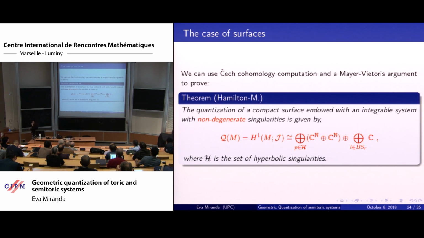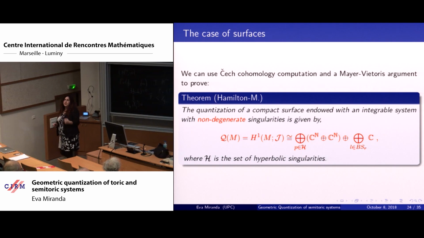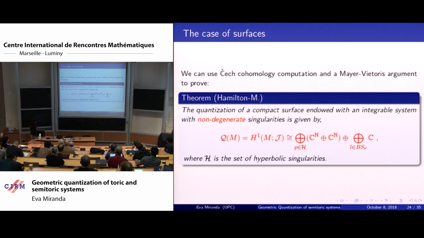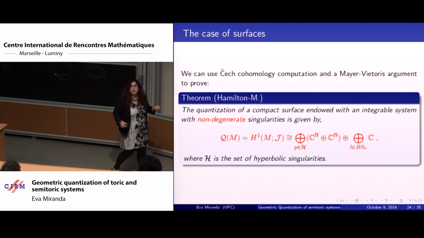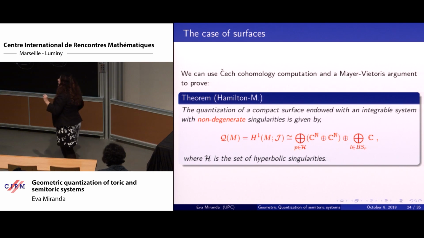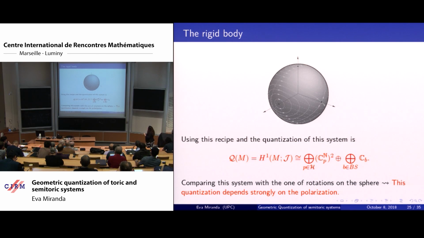From the point of view of singularity theory, it's nice, because you see the singularities here, first thing. Second thing, you can compute this sheaf cohomology also in the semitoric case, even if you still don't have the global classification. Just with this semi-local information of the singularities, you have enough to compute globally this sheaf cohomology. So it's sort of nice still.